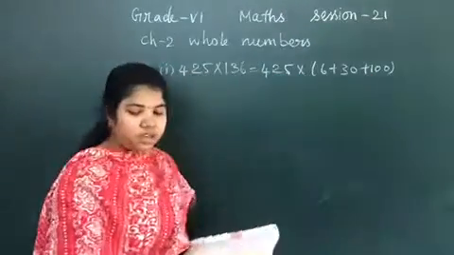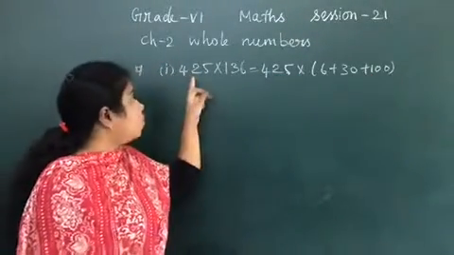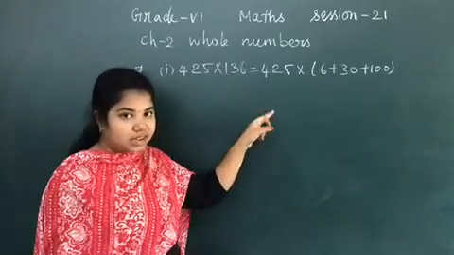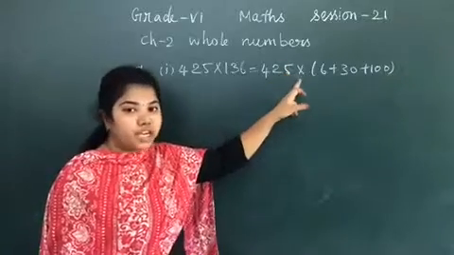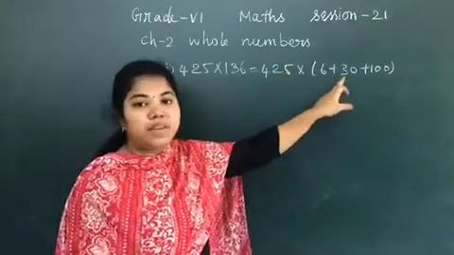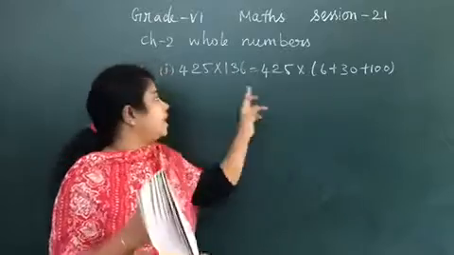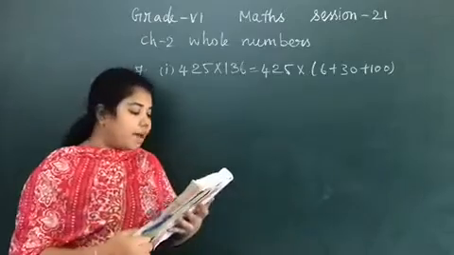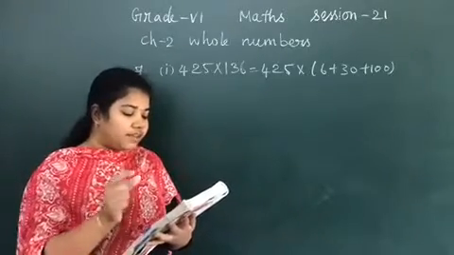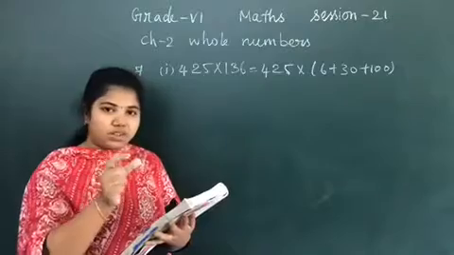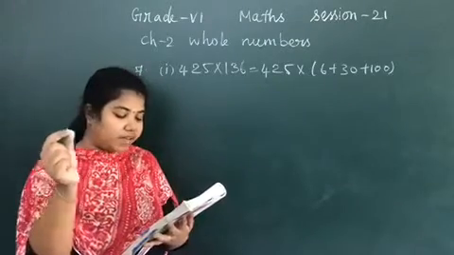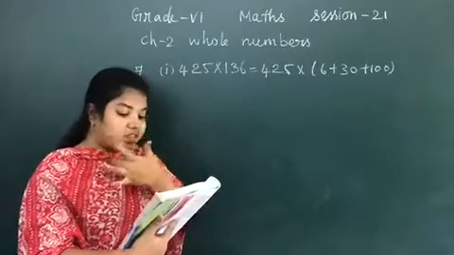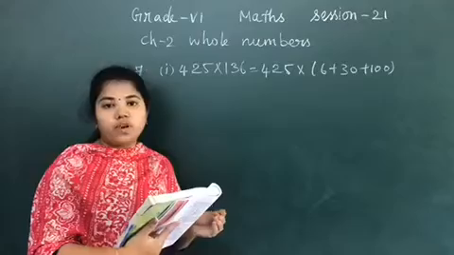What is this actually? What property is this? 425 plus 136 is written as 425 into 6 plus 30 plus 100. What is the product called? A into B is written as A into, they have split everything. See the match the following in the 7th one. It is given first subdivision, second subdivision, third subdivision, and in the right hand side they have given commutativity under multiplication, commutativity under addition, distributivity of multiplication over addition.